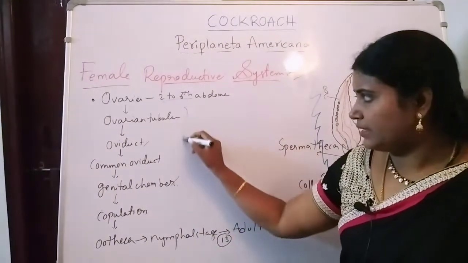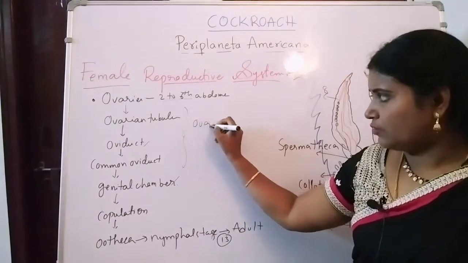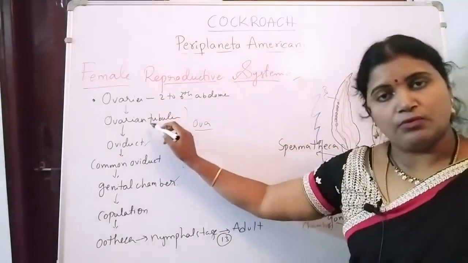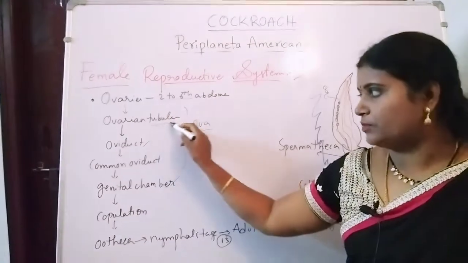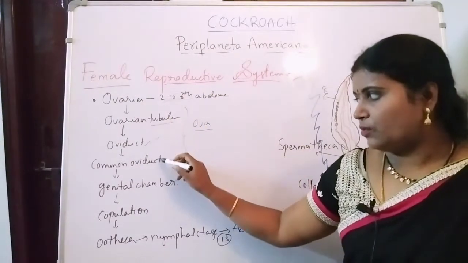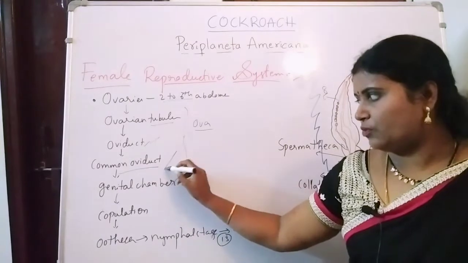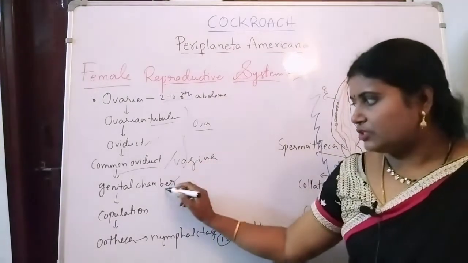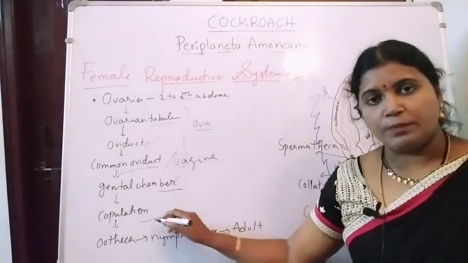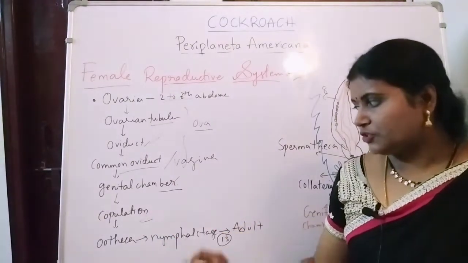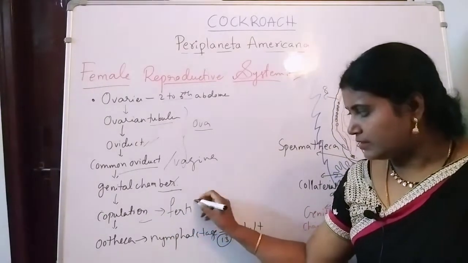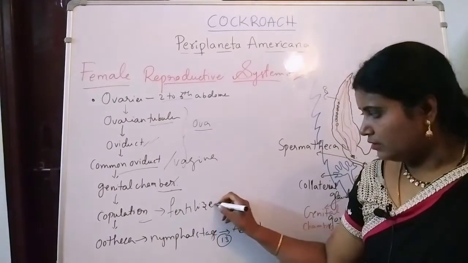See, eggs are going to be carried. The ova are carried from the ovaries to the ovarian tubules. The ovary itself contains the ovarian tubules, and it also connects with the oviducts. Together it forms a common oviduct, also known as the vagina, and it opens into the genital chamber, and finally copulation takes place. After copulation, the fertilized eggs